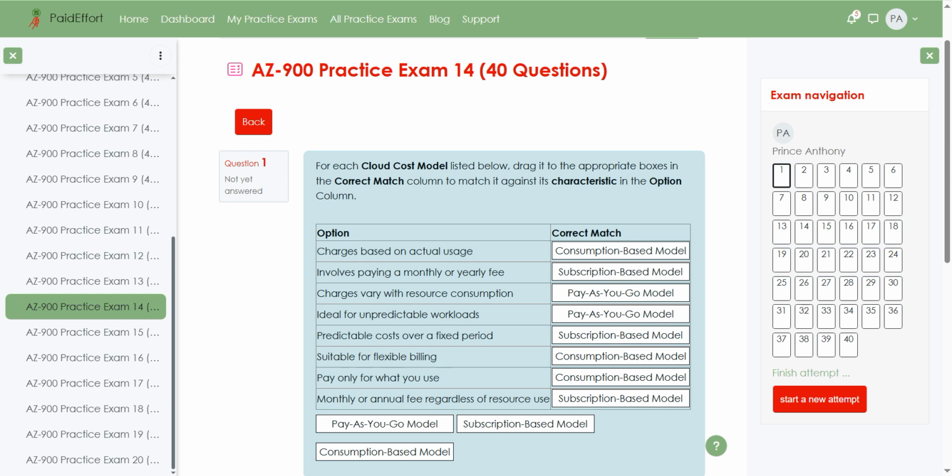That's best matched with the pay-as-you-go model. It reflects real-time usage charges which go up or down depending on how much you use, similar to a prepaid mobile plan. Now, ideal for unpredictable workloads is also pay-as-you-go. This model adjusts costs based on demand, making it perfect for businesses with fluctuating resource needs, like e-commerce sites during